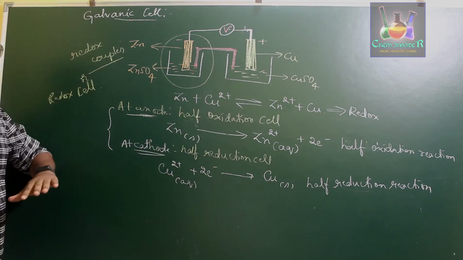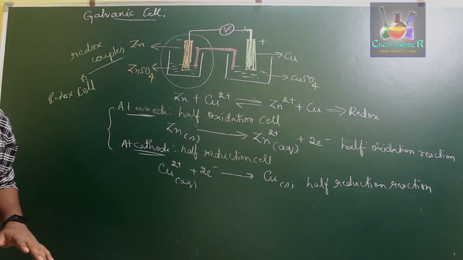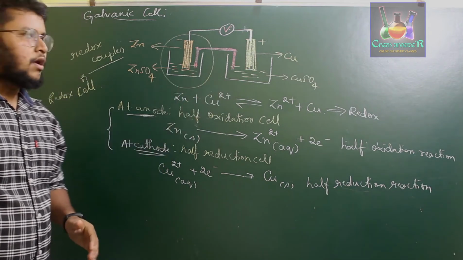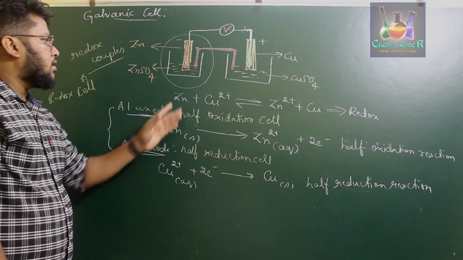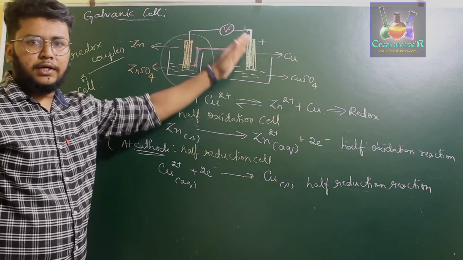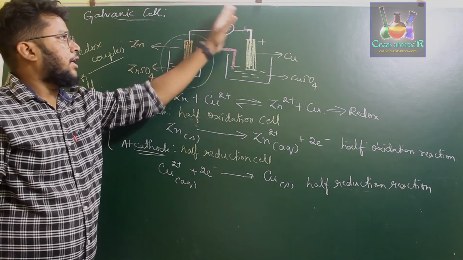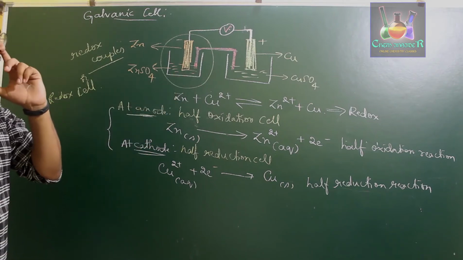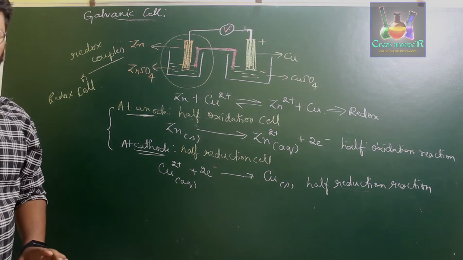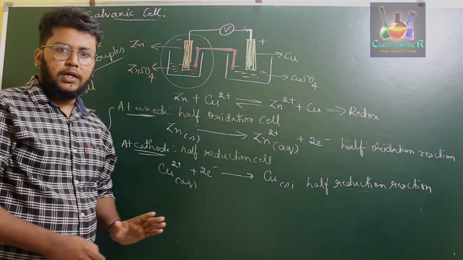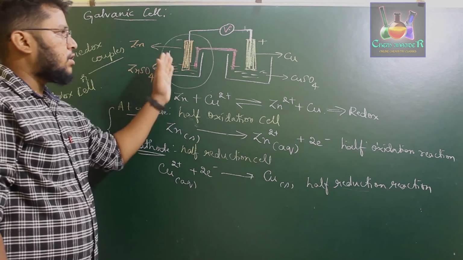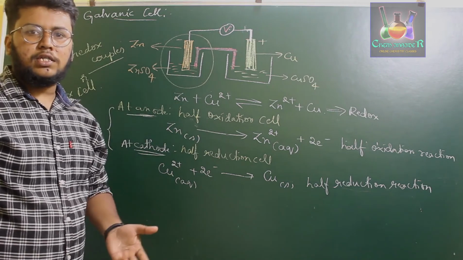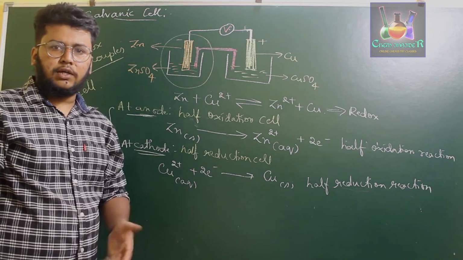Now once this is completely done, what we have to understand is, if you consider these two electrodes separately at equilibrium, let us say the electrons are flowing from left to right. So clearly current will be flowing from right to left. We know that, which we explained in the earlier class. Now let us consider an equilibrium condition where there is no flow of electrons or current on either side. That means both have the same tendency to lose electrons or to gain electrons.